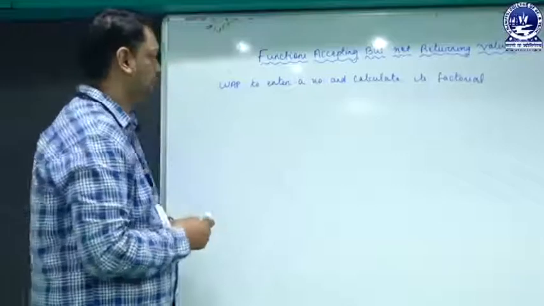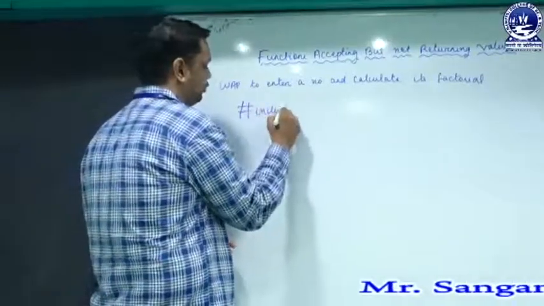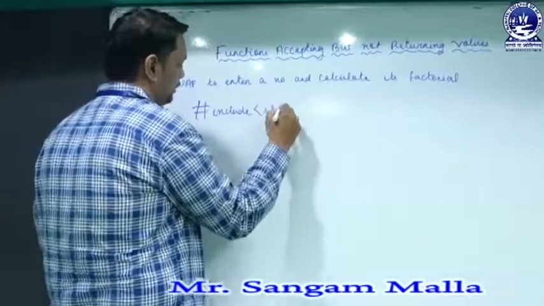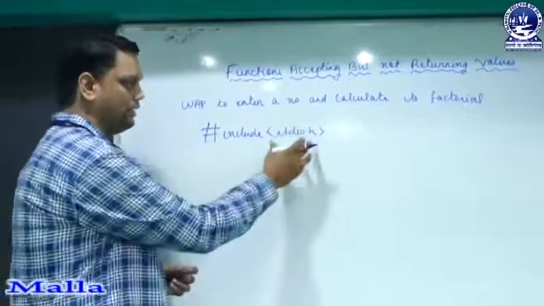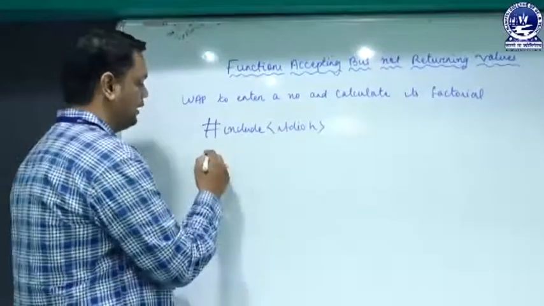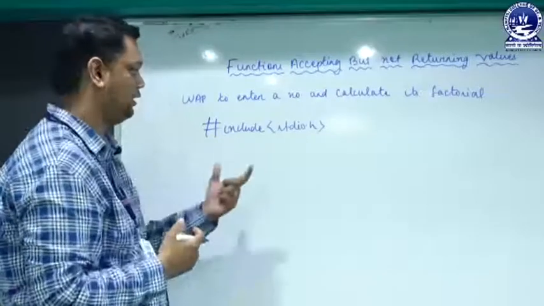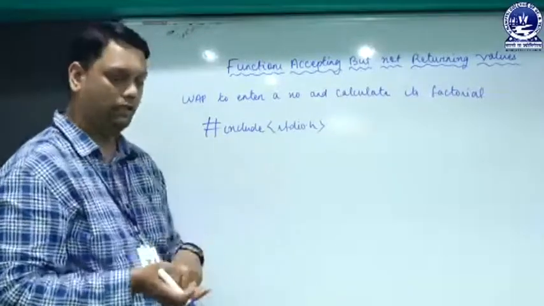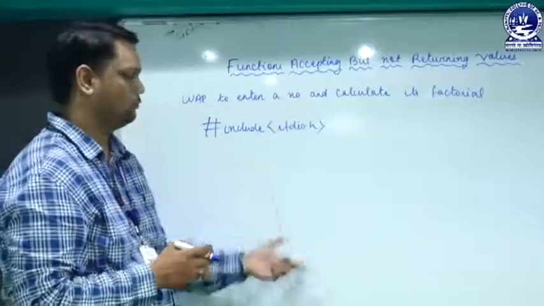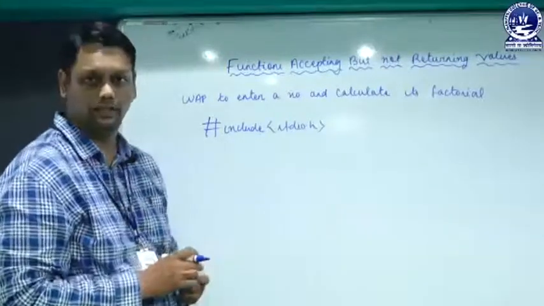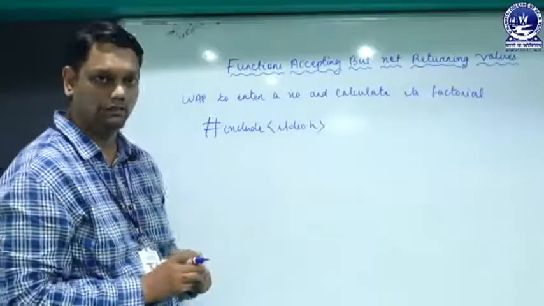So our program will start with the general syntax of writing #include <stdio.h>, which is the general syntax of writing a program, the standard input output header file. Next comes our function declaration. As we have discussed earlier, before writing the main function we should declare a function so that it will be easier to elaborate the function later on. That means we will declare the function first, then we will define the function.